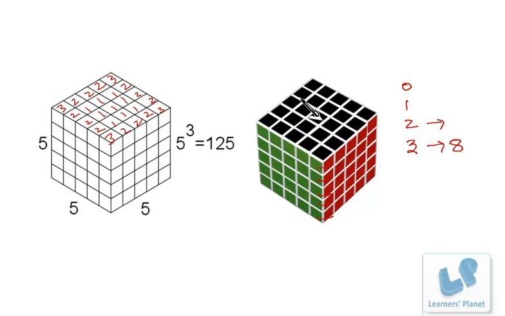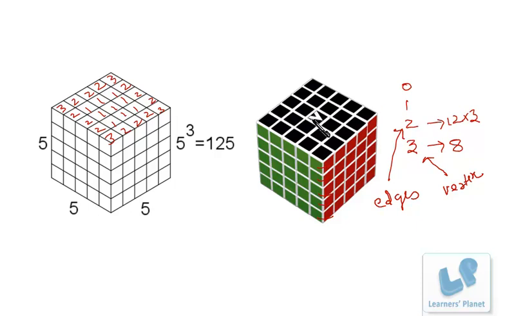So in all, we have 12 edges. Each edge has 3 pieces with two faces colored. So in this case particularly, 12 into 3. If it is a cube of 4 by 4, then there will be 12 into 2. If it is 3 by 3, then 12 into 1, right? So when we are talking about two faces painted, we calculate using the number of edges. When we have to calculate three faces painted, we see vertices. And when we have to see one face painted, then we have to see faces.